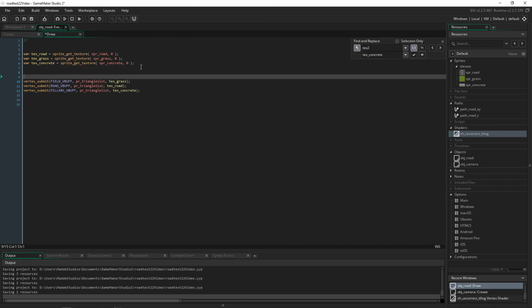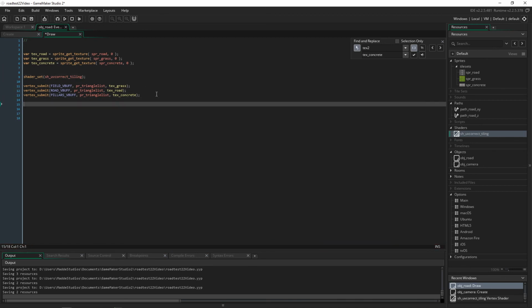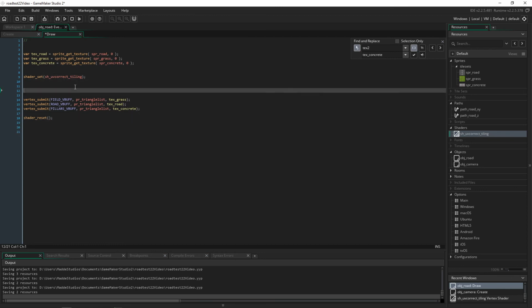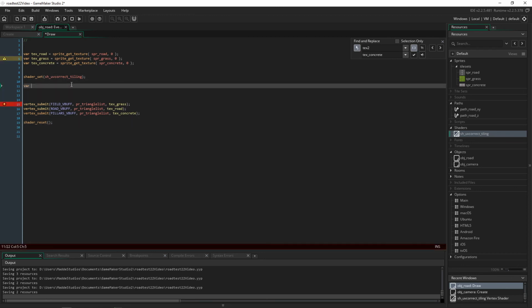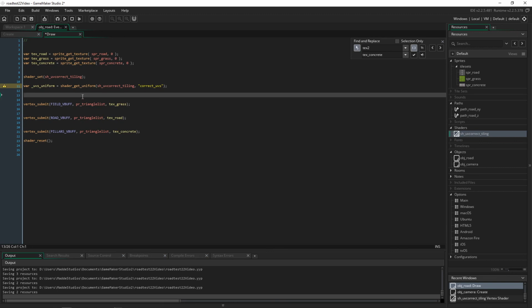Now, when we draw, we want to set our shader. And then reset it when we're done. We will need the ID of the uniform. Which is done with shader get uniform with the name correct UVs. Then for each texture, we'll need to pass the correct UVs of the texture. So we will get our UVs,